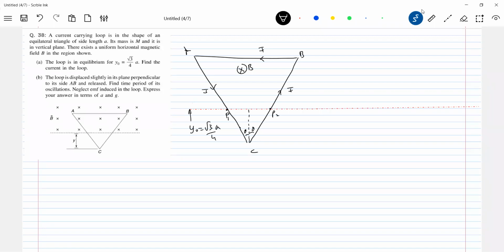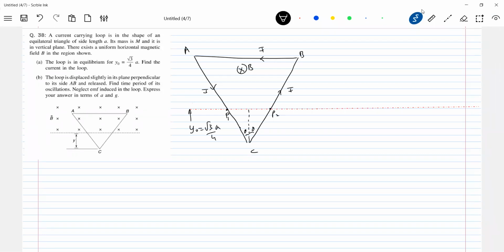So when you move from P2 to P1, what is the effective length? Effective length is only P1, P2 only. And what is the force acting? Because everywhere this segment is there in the magnetic field. So what force is acting on P2, B, A, and AP? Is that the force acting on this one? Effective length, L bar. Just bring the concept of L bar.